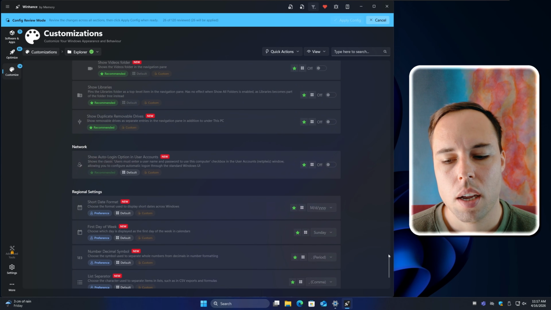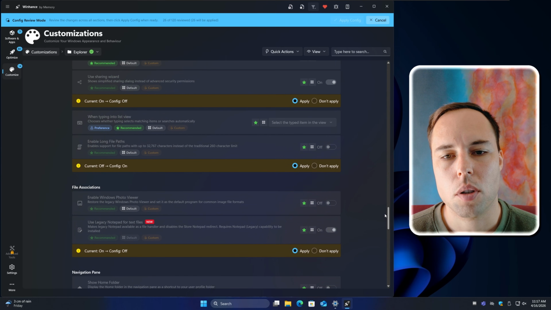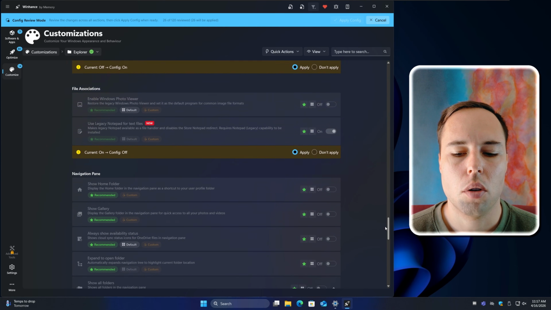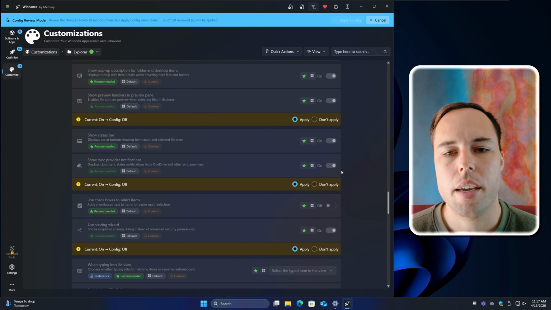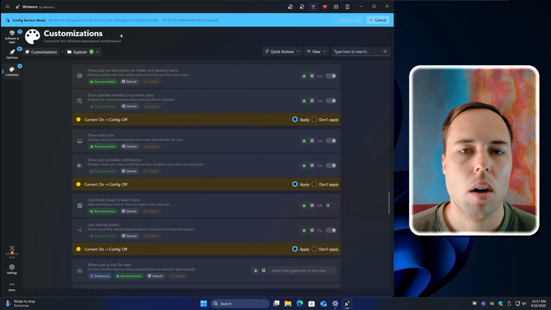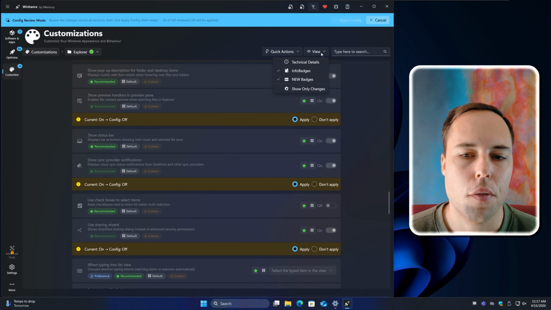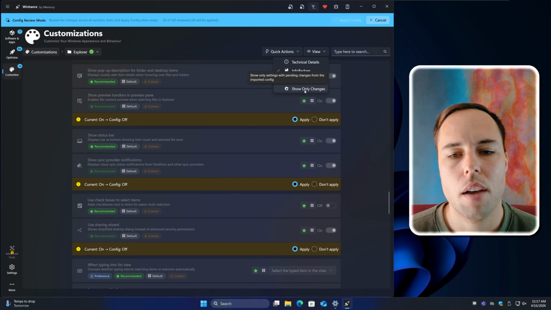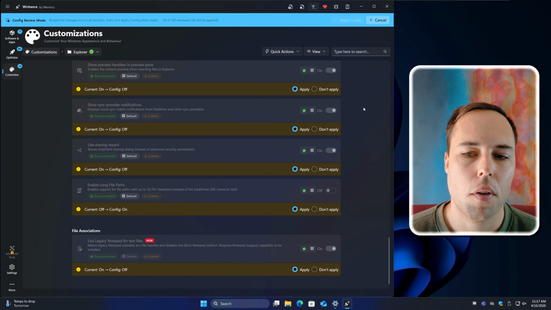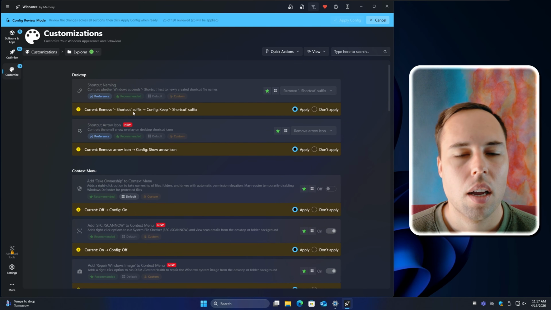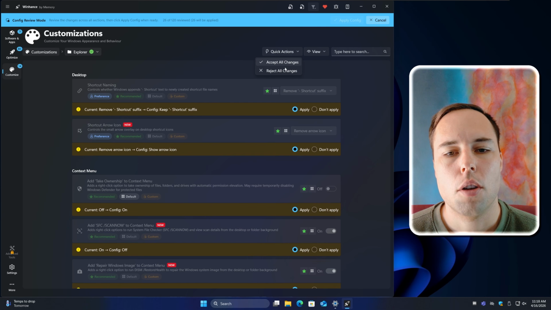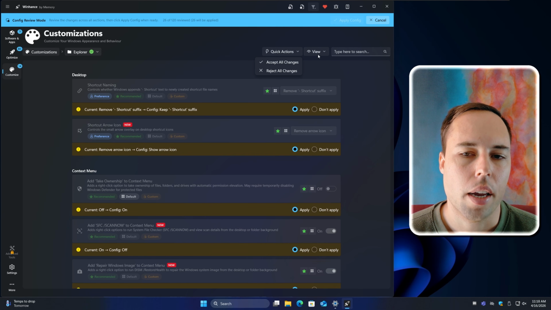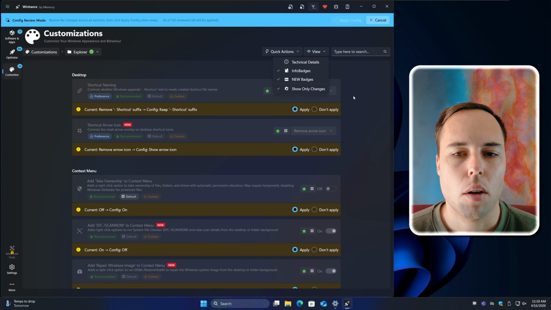Now, another quality of life change that was also requested by this user is to not have to scroll through a list of items that have no changes on them. And I hear you. That's why, while WinHance is in config review mode, if you click on the view button, you'll have an option that's only available during config review mode to show only the changes. So if I toggle that on, you'll only see all of the settings that the config actually wants to change on your system. I do think those recommendations were really good. It is a good quality of life change, and I appreciate those types of requests.